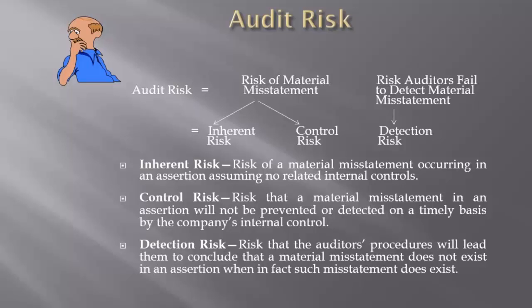We'll talk about these nature, timing, and amount in a few minutes, but just keep in mind that as an example, if the risk of material misstatement is high, the auditor is going to do additional testing. And when we talk about testing where we are measuring misstatement, we're talking about our substantive testing. It's very important to understand that we need to make this distinction between control testing and our substantive testing.